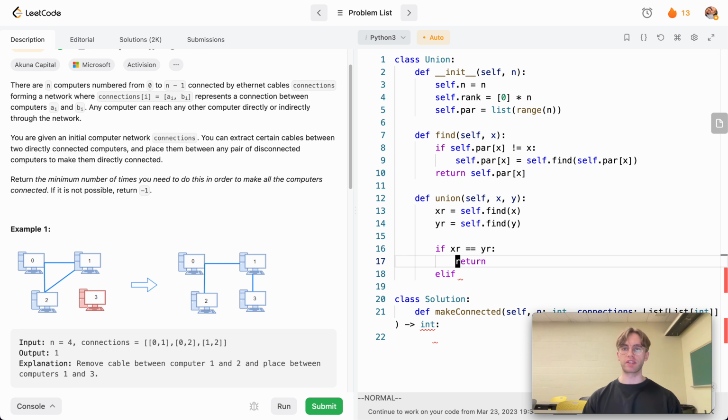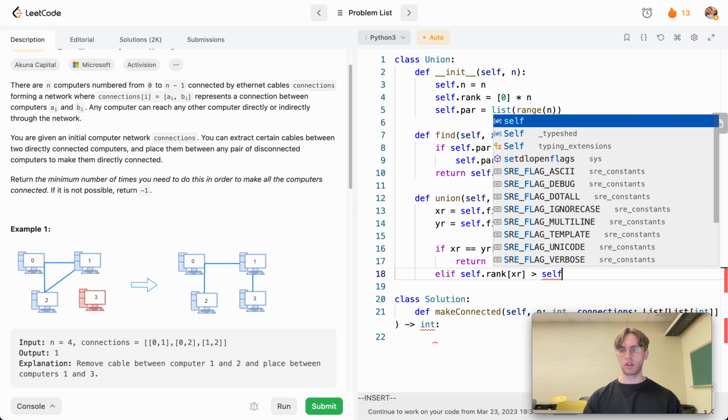we check their rankings, because this is the other optimization technique that people use. Say one node has 5 nodes connected, and then there's another batch over here that has 3 nodes connected in their graph. Then you'll want to add the 3 nodes as a child to the 5 node grouping. And so let's do that, and we'll say, otherwise we just compare the rank. So if the rank of this root is greater than the other,